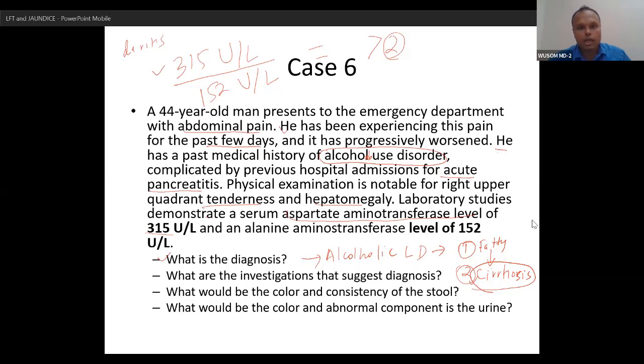progressed towards cirrhosis. And you can do ultrasonography to find out if the patient has cirrhosis or not. You can easily find that out. Cirrhosis has a first stage of liver swelling. Liver swelling will be there in cirrhosis. Then the liver will be small in size, fibrous, and a small type of liver will be there. The patient came in the stage of swelling liver, and that is why hepatomegaly and abdominal pain,